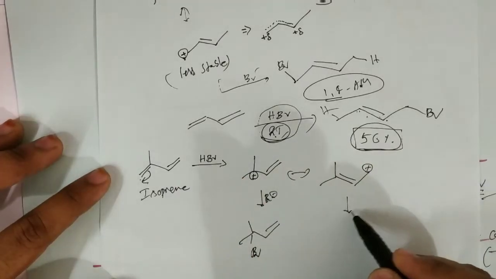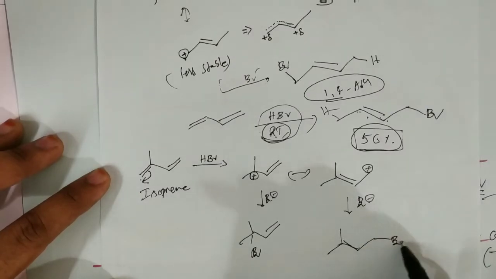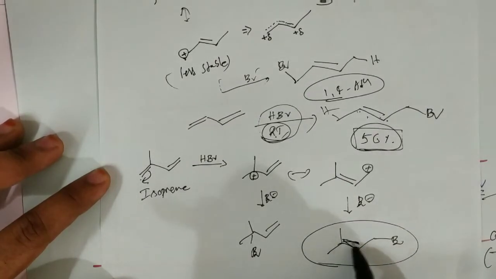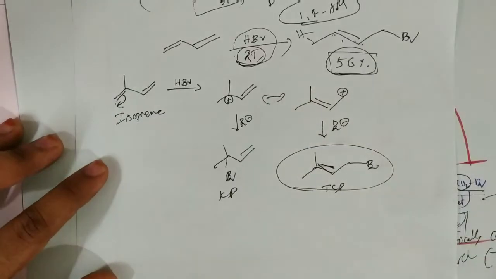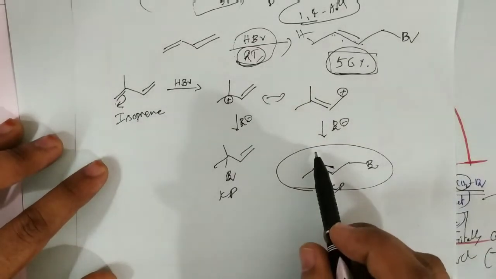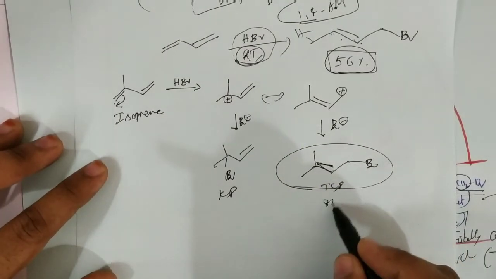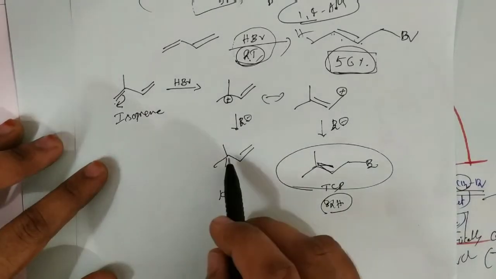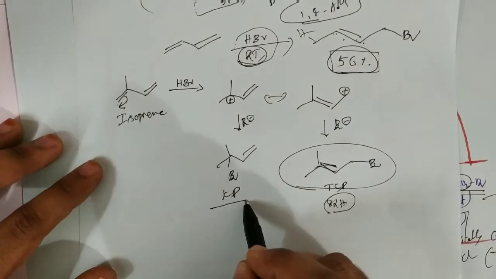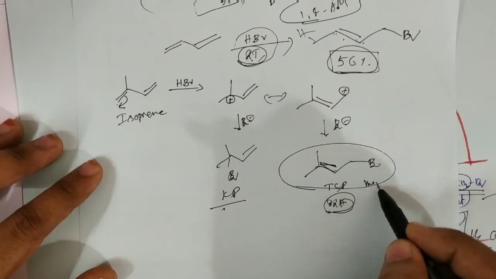But here in this case, it is the primary allyl carbocation that is attacked by the Br minus, so it is a slowly formed product. One is the TCP and the other is the KCP. But in this case the thermodynamically controlled product is formed as the major, because here CH3 and CH3 give 6 alpha hydrogens, and here 2 alpha hydrogens, so totally 8 alpha hydrogens, which is thermally more stable. And of course this alkene has no alpha hydrogen, so it is the less stable alkene. So here finally we will get this product as the major product.